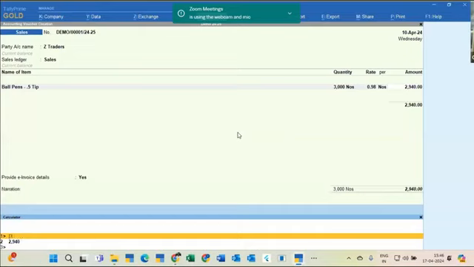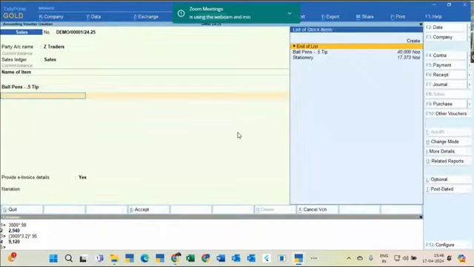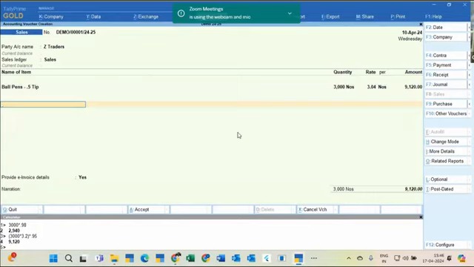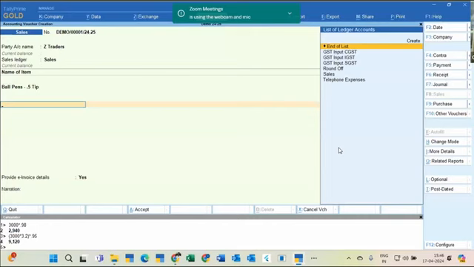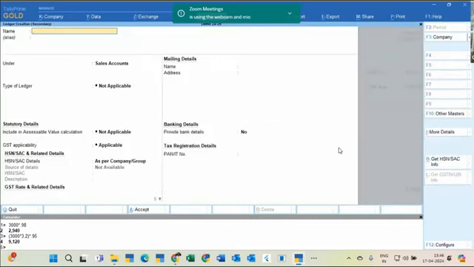I can say bracket 3,000 into 3 rupees 10 paisa into 0.95. It is nothing but the rate is 3 rupees 20 paisa and there is a 5% discount. Automatically the calculations will take place. By default, it will go for the next item. And if you see a subtotal, that means it is adding items. You have to come to the next level. Now I'll say